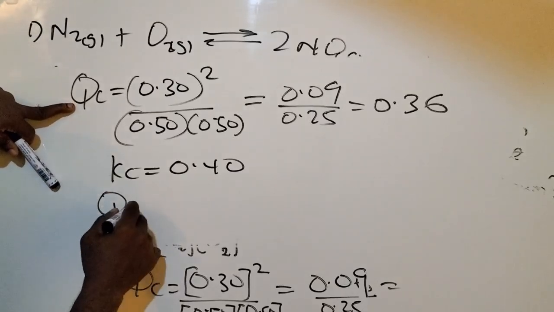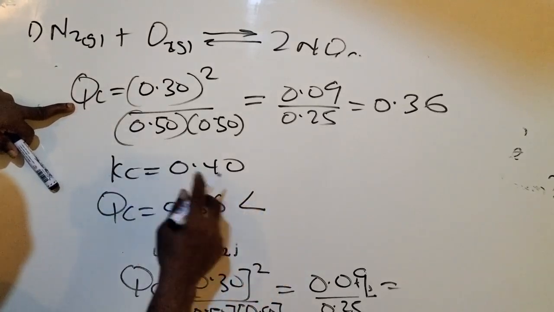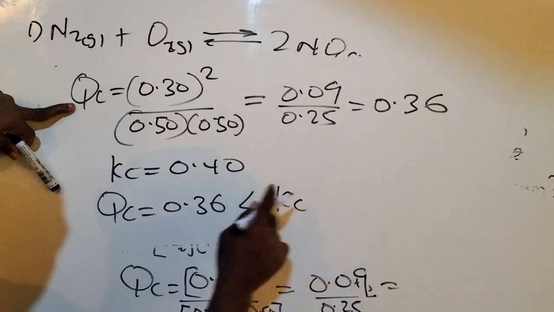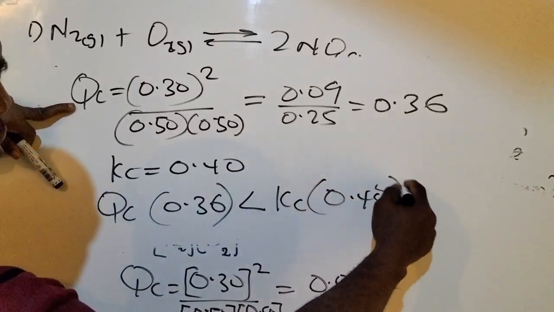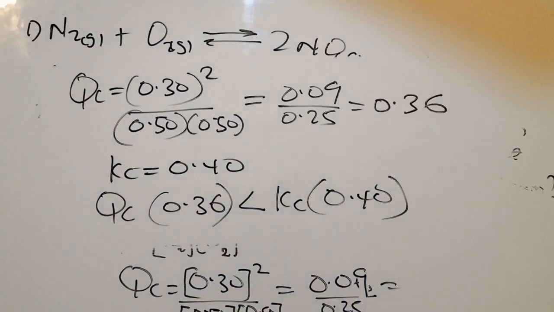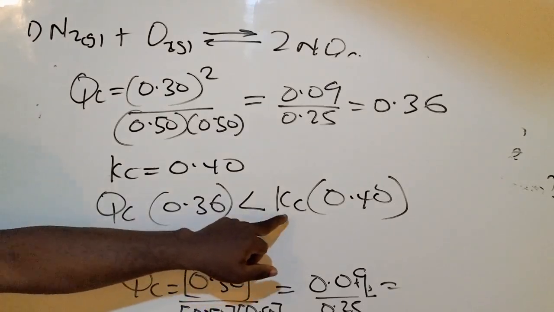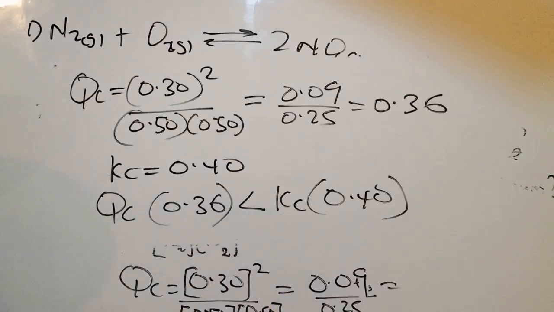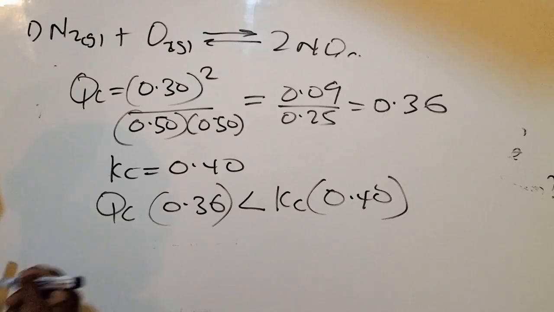Qc is 0.36, which is less than the value of Kc, which is 0.4. And we saw that when the Qc value is less than Kc, it means that the forward reaction is favored. So indeed, we can say that the reaction